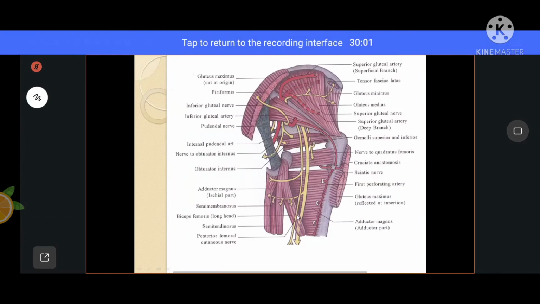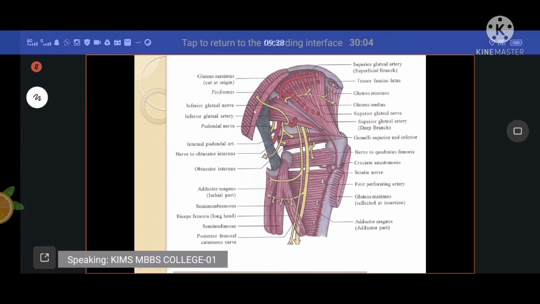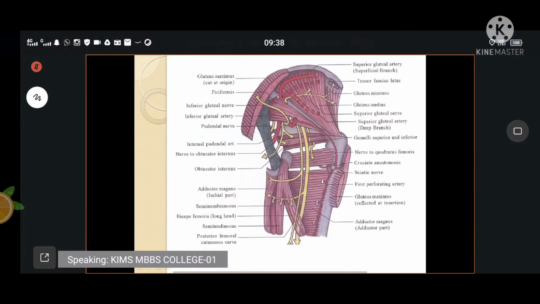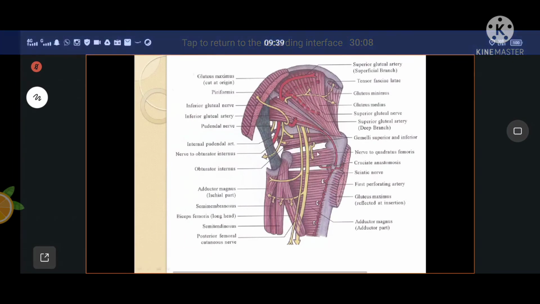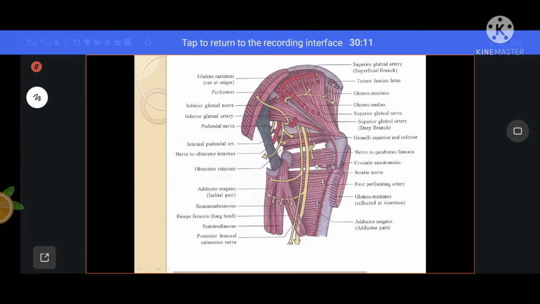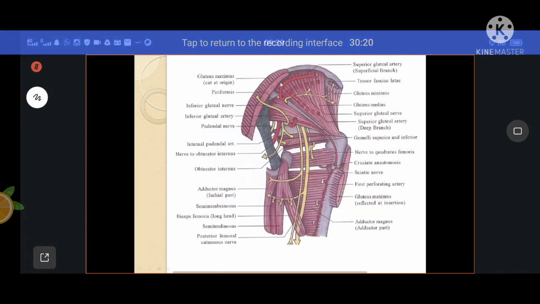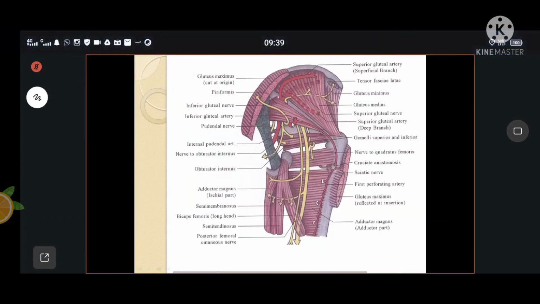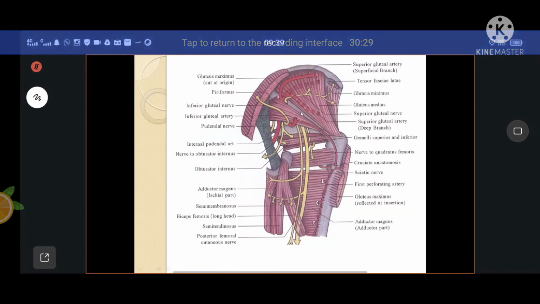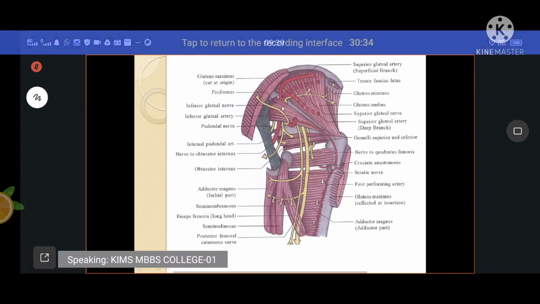Adductor magnus muscle, right? So now once we cut this gluteus maximus muscle, we have seen the muscles you find below the gluteus maximus muscle. Now let us study about the nerves which you see in the gluteal region once you cut the gluteus maximus muscle in the dissection, right? So now I told you that the piriformis muscle is the key muscle in the gluteal region. Why is the piriformis the key muscle in the gluteal region? Now I will explain, right?